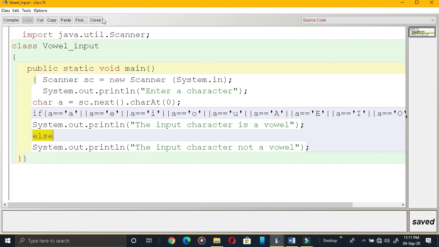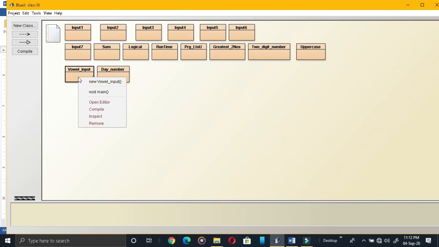Let us see the program. Enter a character. See, previously you were getting the function argument, and see the difference between the input. Now you are getting the proper message. Enter a character. You can enter the character. The input character is a vowel. A is a vowel? Yes, A is a vowel.